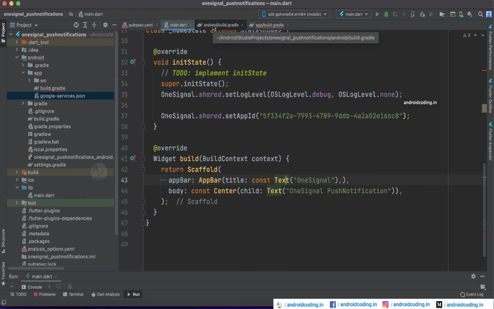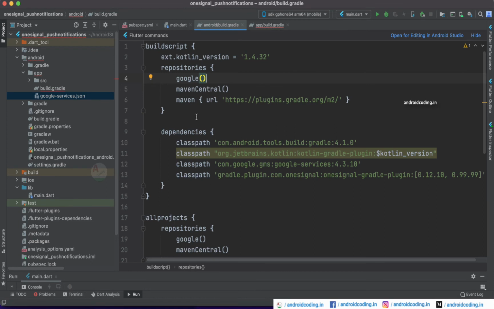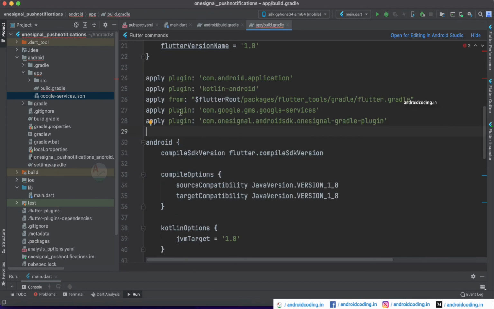So let's move to the root level build.gradle file here, and here inside the repositories I have added the Maven repository with the specified URL, and also in the dependencies I have specified the classpath for Google services so as to make the Firebase work, and also the OneSignal classpath here. And in the app level build.gradle file you need to apply these two plugins, one for Google services and the other one for OneSignal.